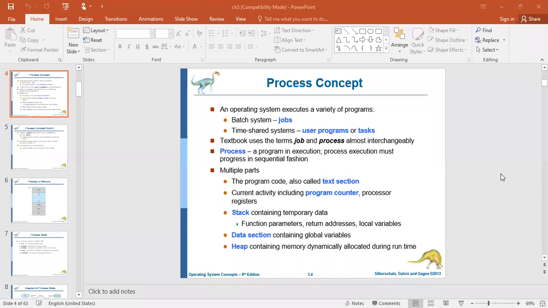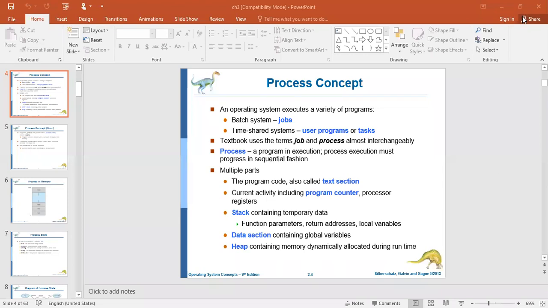Suppose you declare a variable in the main program: its scope is between the opening and closing braces of the main function only. Suppose you declare a variable outside of main: that variable can be used either in main or in some other function in your program. Such information is stored in the data section.